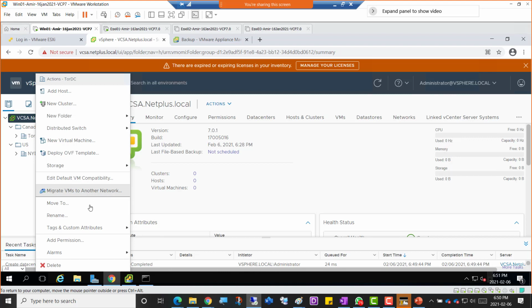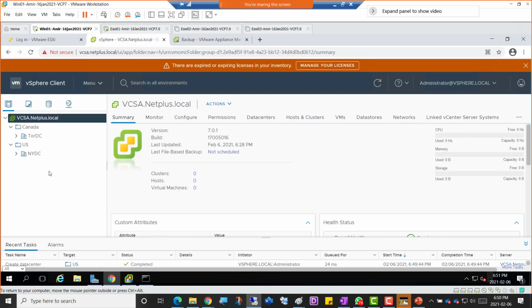Migrate VMs to another network, move to, rename, then these are all the common features. Permissions at the data center level, alarms. So we have created a very basic structure here, and we're going to continue from here in the next class. So guys, my suggestion would be to not shut down the machine, but actually right click